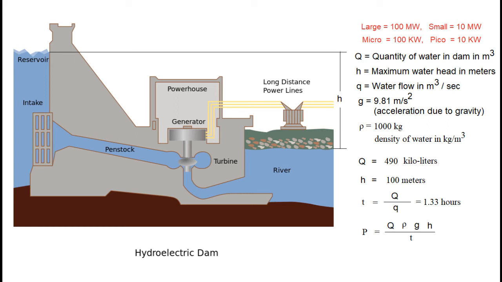Catchment area means the surface area of dam water. In this way, by adding the capacity in each meter of head, we get the total capacity of the dam to produce electrical energy. It should be noted that water head changes, say, from 100.5 meters to 99.5 meters and delivers electric power. We may consider 100 meters of average water head.